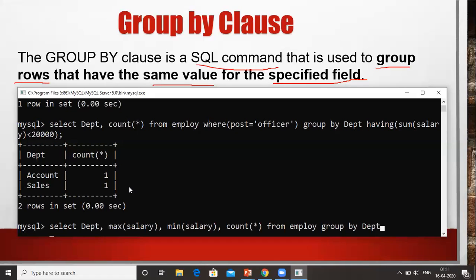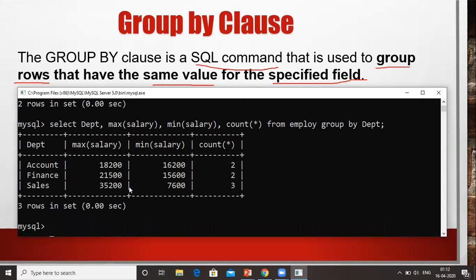Once I write this command, I get a summary about each and every department. In the accounts department the maximum salary is 18,200, the minimum salary is this, and the number of employees working in the accounts department is this. How am I getting this result? Just because of this group by. So group by helps us to give the summary.